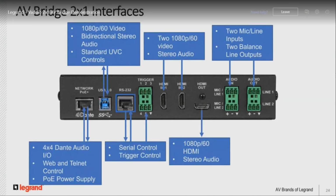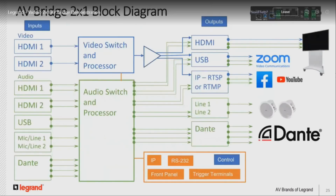Then that is all the connections in and out, and you can pretty much get an idea. This is maybe a little bit more than what you should put in one slide, but I think it really captures what's going on here. You can see in the upper left, you have two HDMI inputs into the video processor and